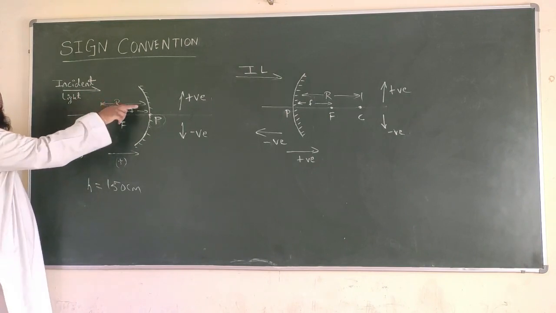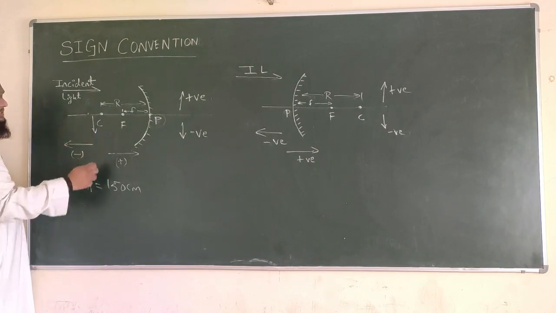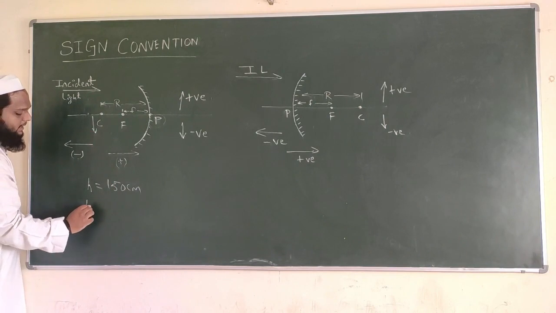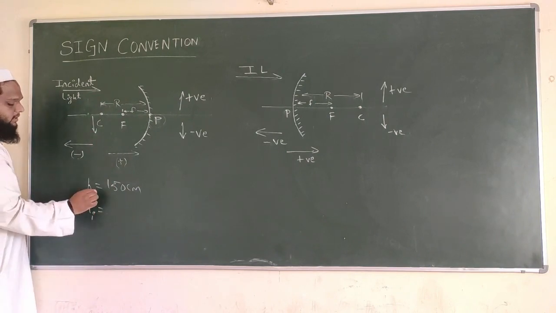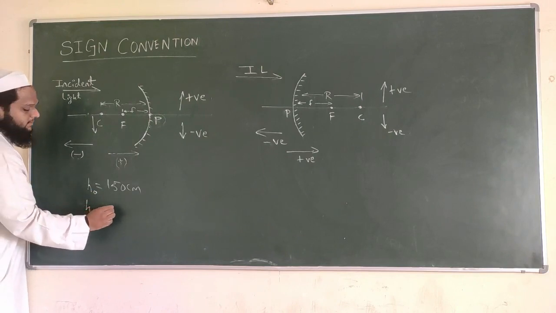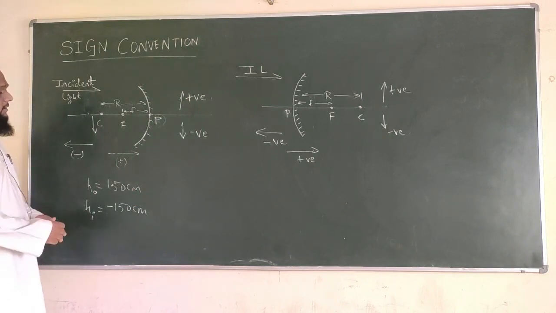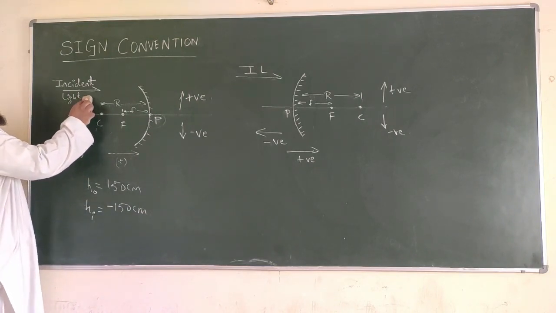Because there is reflection, obviously it will become reverse. So if this is the case, and say that also is at 150 centimeter, then I will write that as say image HI. This is the object. The image will be minus 150. I hope it is clear. What does it mean?